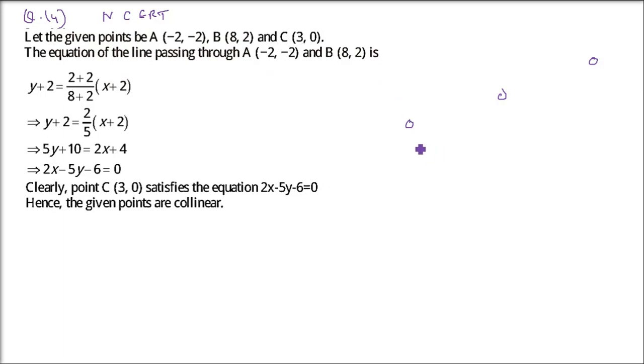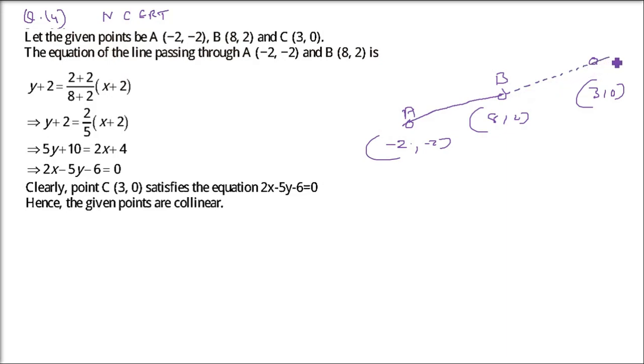So we assume that this point we say it to be A, this B. I don't know which is A, which is B, C. I'm just pointing it. A is (-2, 8), B is (2, 3) and C is (3, 0). So we'll make an equation and try to satisfy the third point on this equation. That means this line will hold that third point. So these 3 ought to be collinear, on the same line. So let us make a line first.